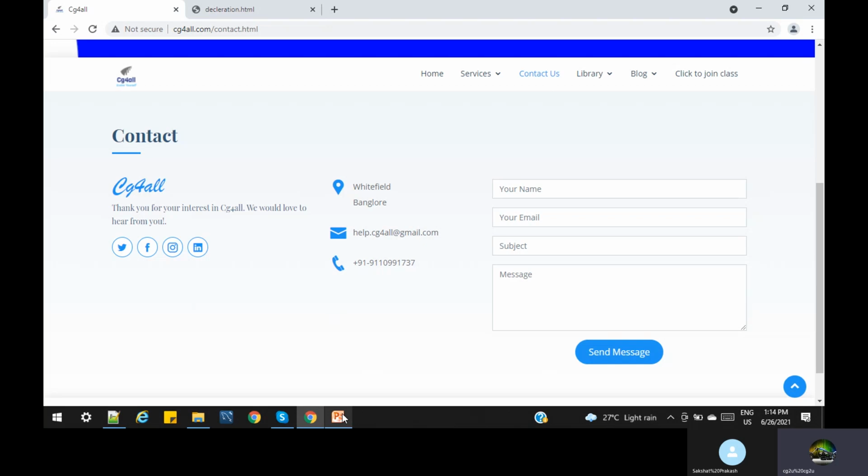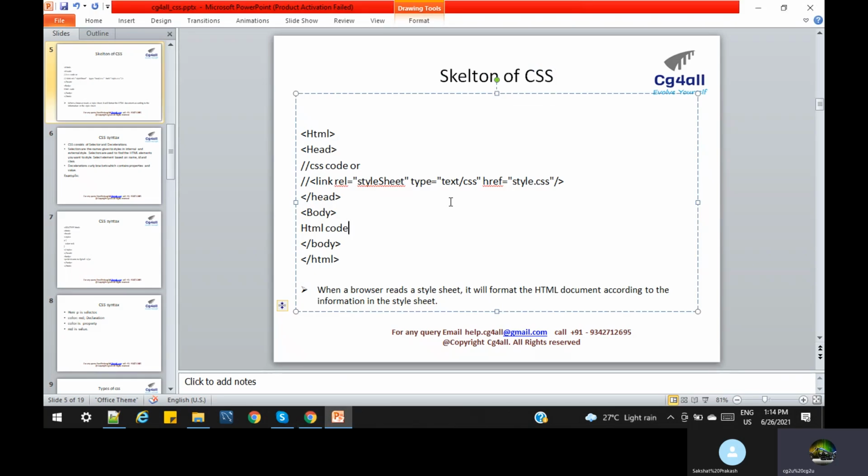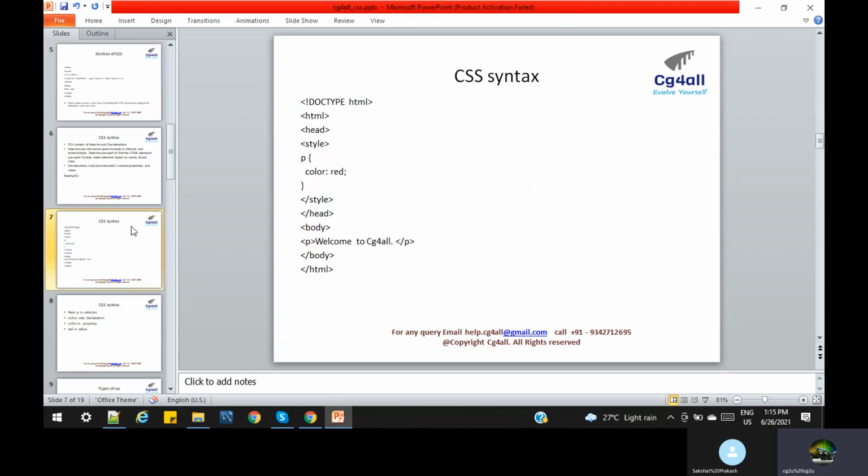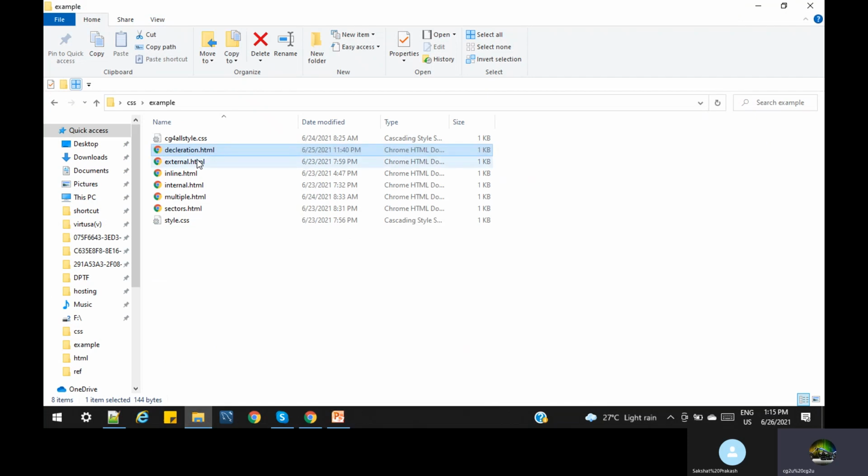So we understood how to write the CSS, basically in the header part. Let us consider a file containing 10,000 lines or 6,000 lines, that doesn't matter, the position should be more or less the same. But what is the best practice? We should give a reference to a separate file, and there we mention the CSS. That is the best practice. Now let us understand with an example: what is the syntax for CSS, and how is any CSS mentioned and all. Okay, so let me open this example.